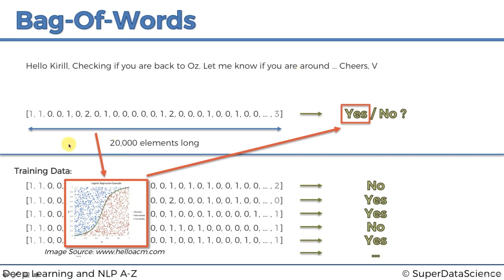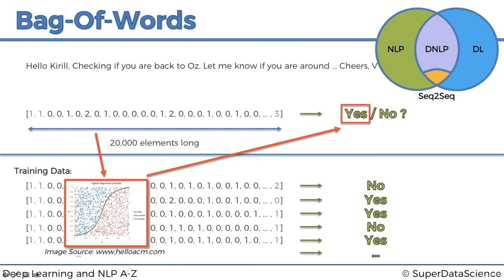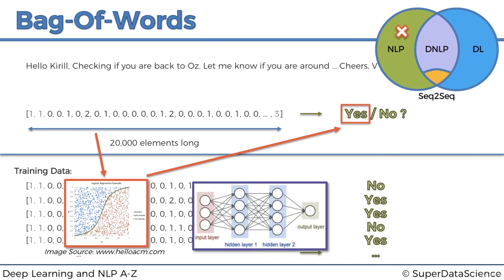Interesting. The other approach that we can take here, or first of all, let's put this on our diagram. There's our diagram, and that's a natural language processing algorithm, which is called bag of words. The other approach that we could take is, instead of a logistic regression, we could use a neural network. We have all these vectors, so we could feed them in as an input layer, over 20,000 neurons, into our neural network. They would go through one hidden layer, two hidden layers, as many hidden layers as we want, our own decision on how to structure it, and then we've got an output layer. It tells us yes or no.